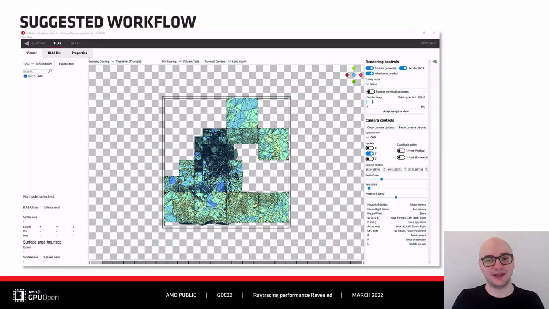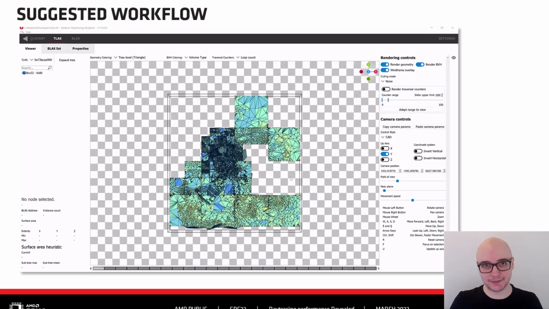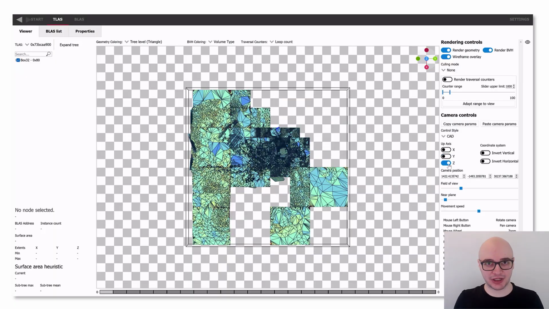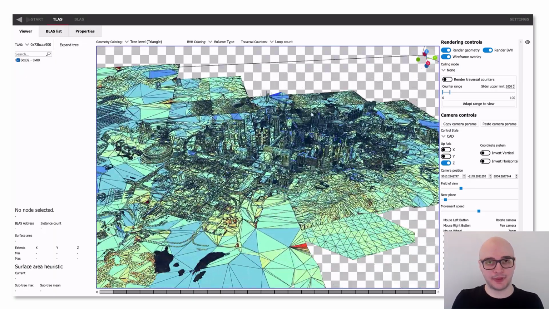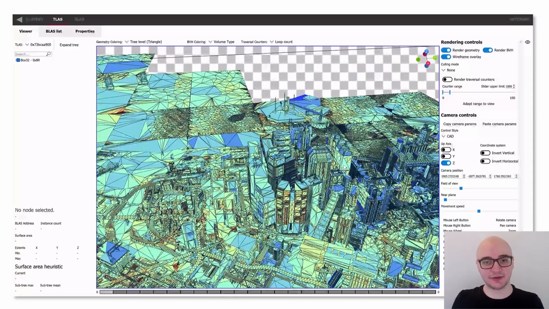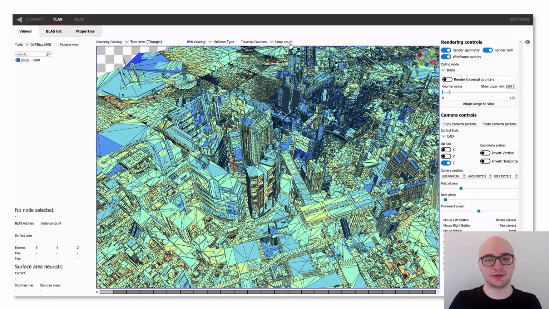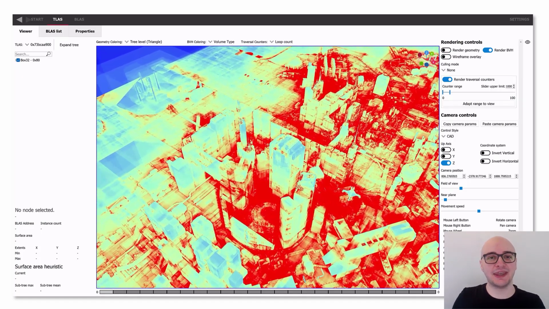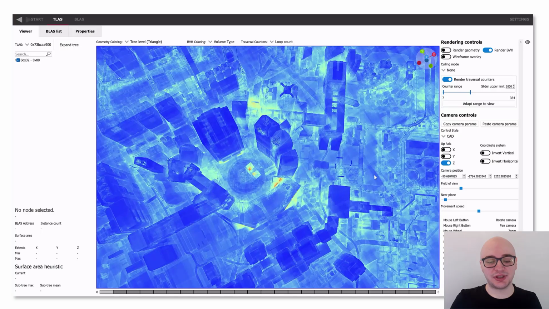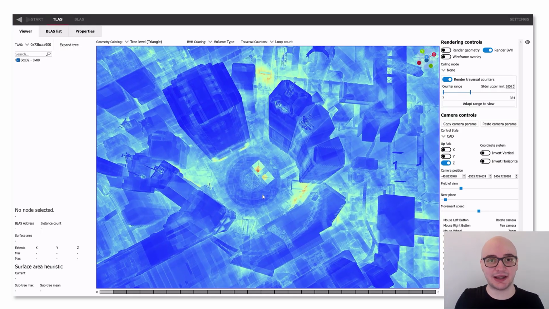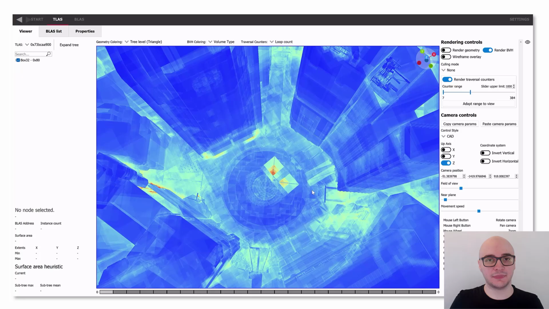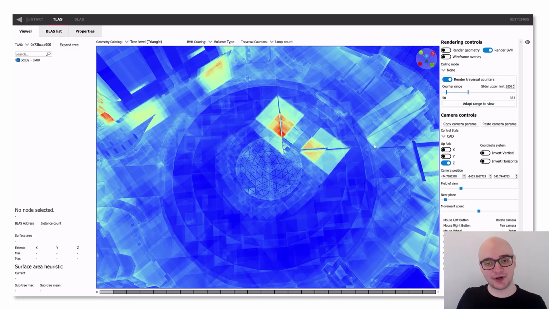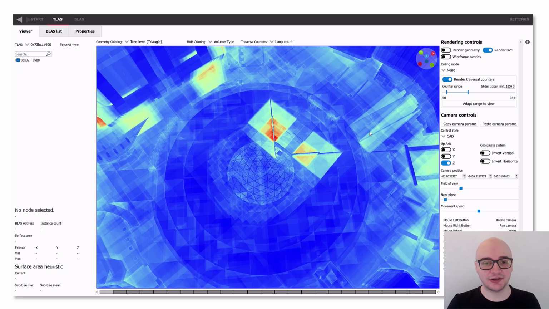To wrap up, we have a suggested workflow for you to get started. Once you open your trace, get comfortable by setting up your camera. To get a faster turnaround, we suggest that you fly around your scene using the loop count traversal counter. Using the counter range slider, you can visually identify the objects that stick out. When encountering an object that causes high loop count, switch between various other coloring modes to get more information.